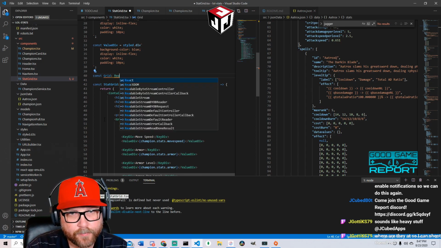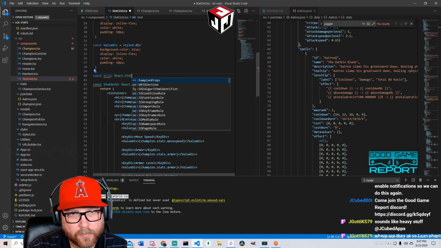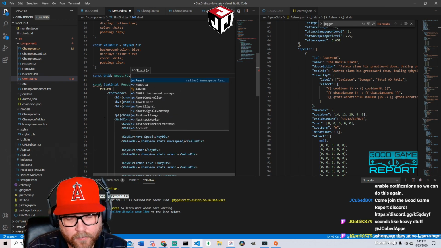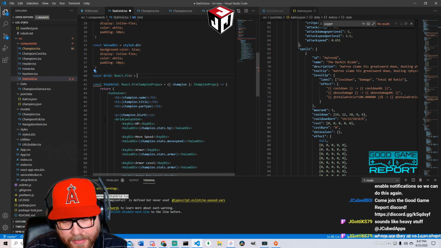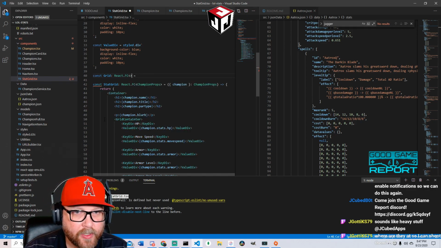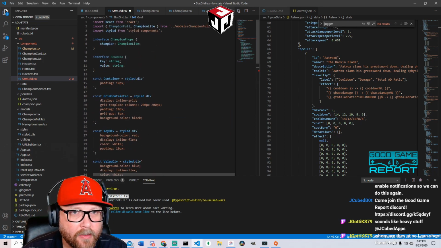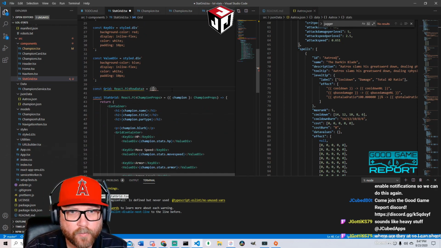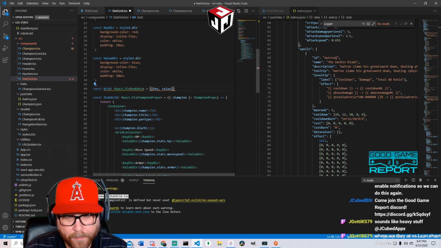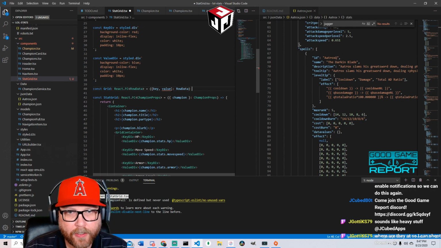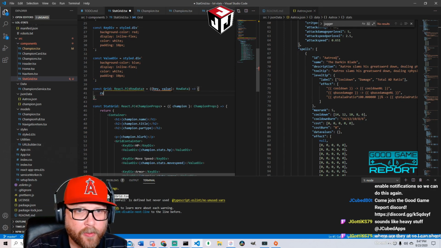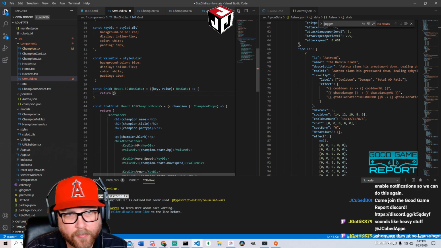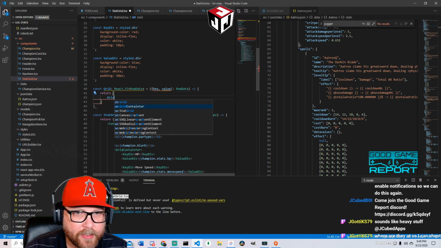grid. I'm gonna have to give that some data. Well, this was gonna be row data. Oh, I still have that defined, huh? Yeah, good. Okay, so this. Then here we're gonna have key, value, row data, and then we're gonna return a grid container.